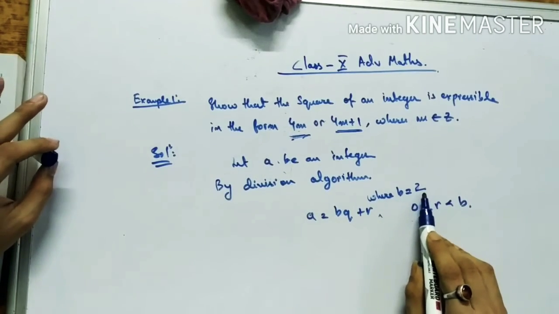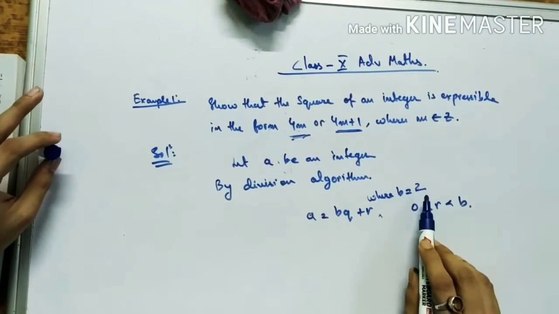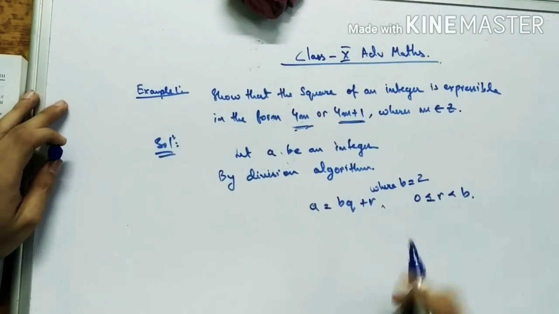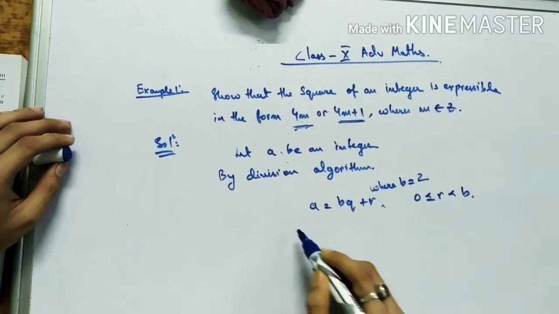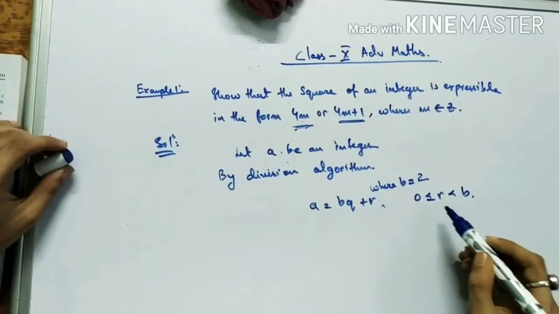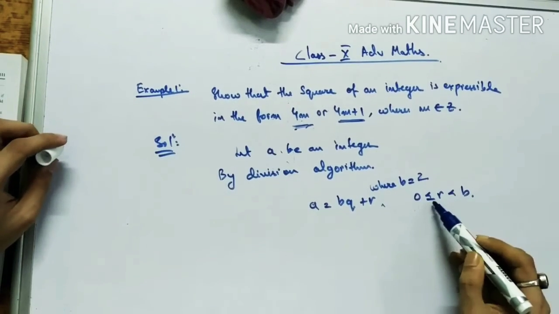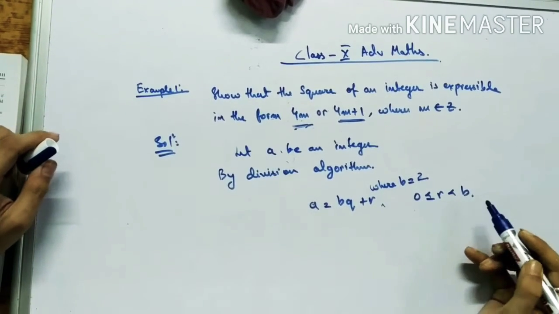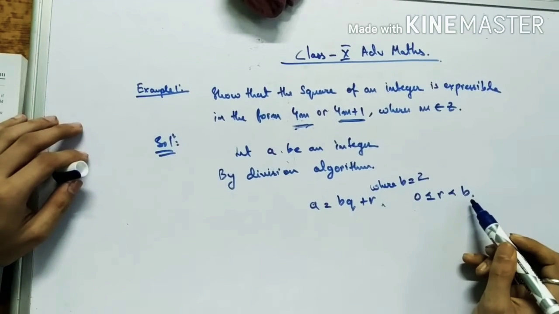Why I have taken 2 instead of 4, that I will say. Since r is greater than or equal to 0 and r is less than b,